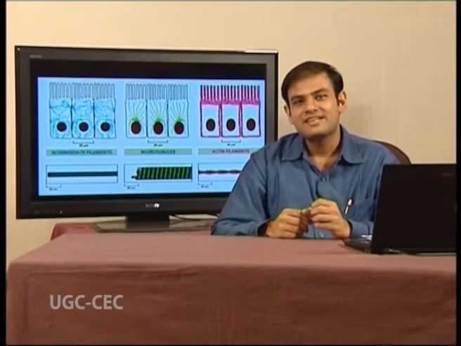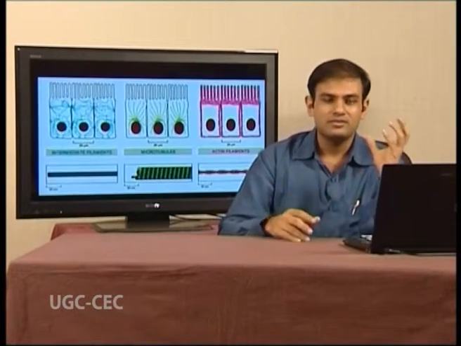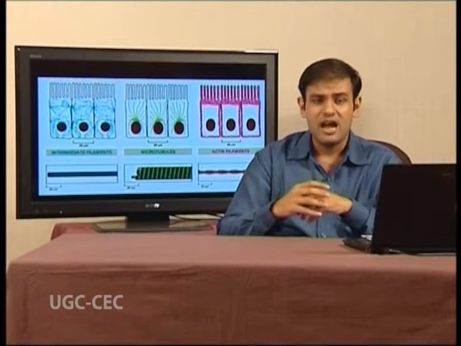Welcome. Cell is the basic unit of life, and based upon its structural organization, it is divided into two parts. One is the prokaryotic cell and the other is the eukaryotic cell. But the unique feature of the eukaryotic cell is that the protein filaments which are present inside the cells have the unique ability to impart to the eukaryotic cell the ability to change its shape.